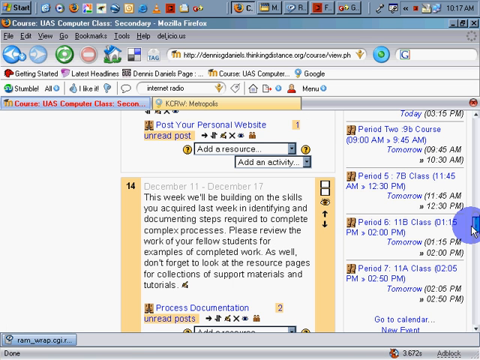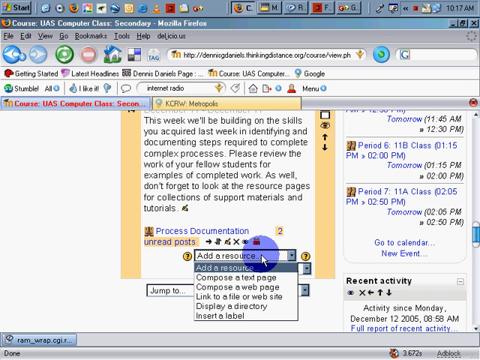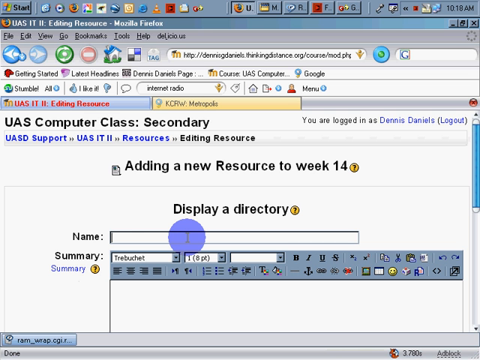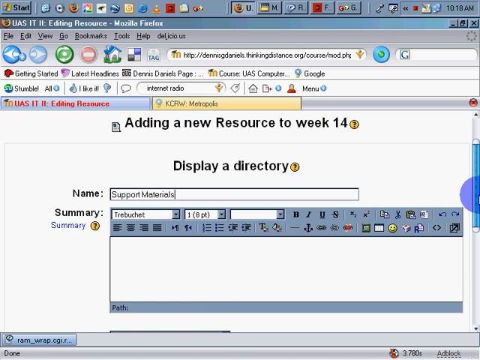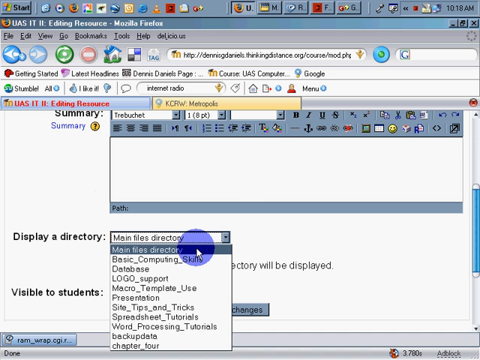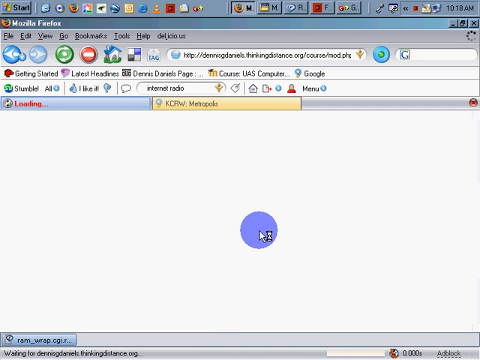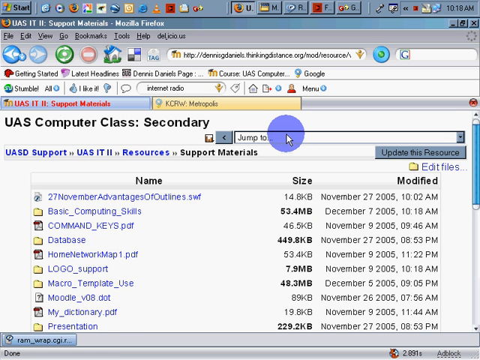Again, to display a directory, click on add a resource, display a directory, and we'll call it support materials. And I'll leave the summary blank, main files directory. We'll just go ahead and use the main files directory, save changes. And there it is. So what I can do is Control-C this, copy that link, and I'll go to UASIT2,